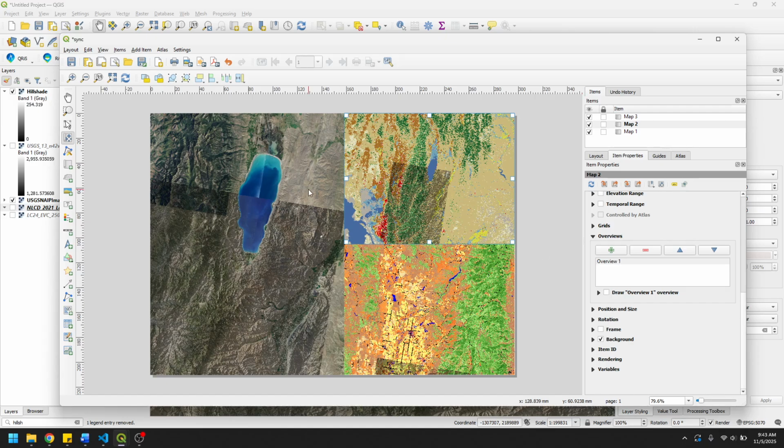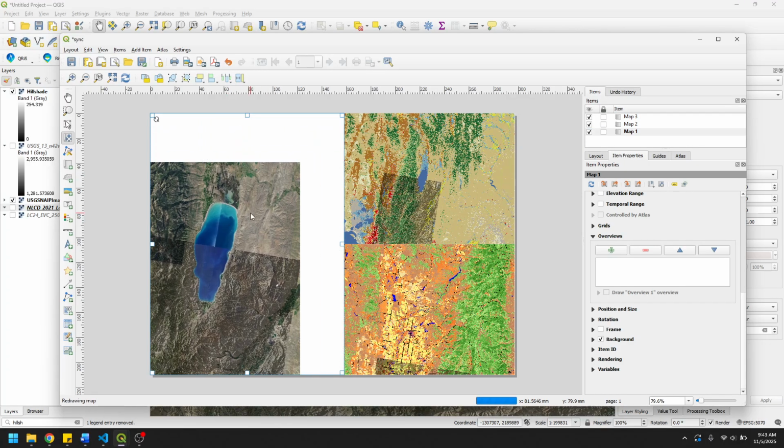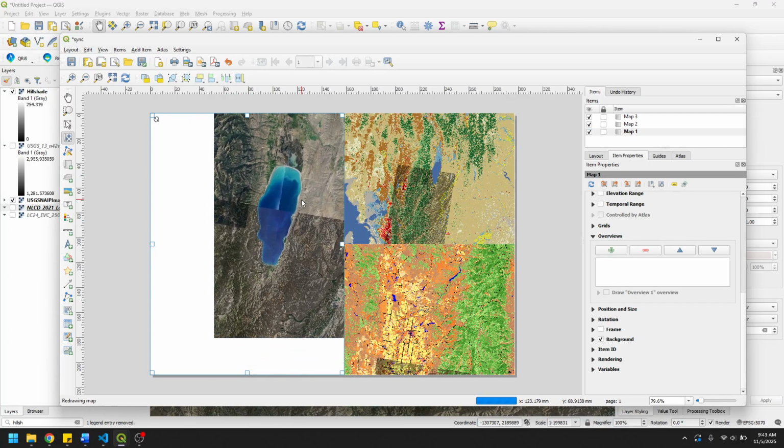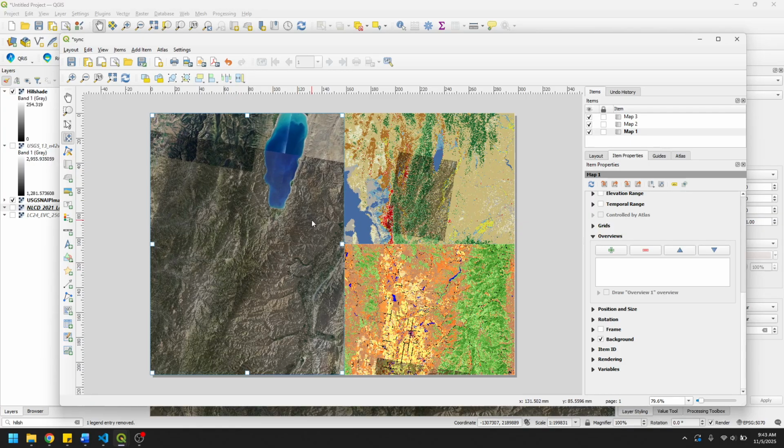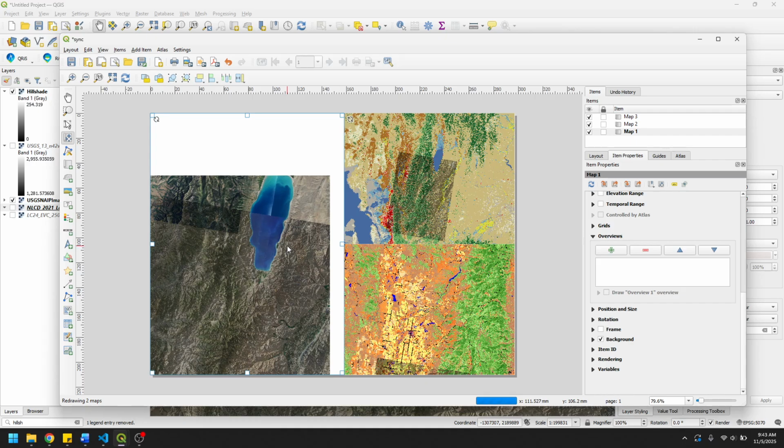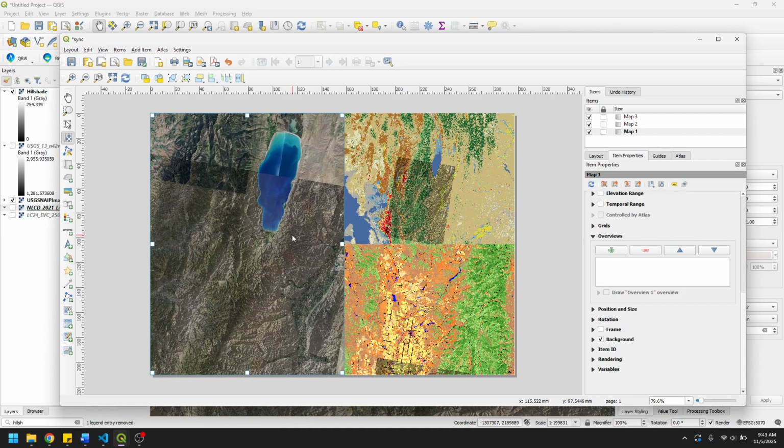Okay. So now, watch this. So now if I move content, I go to map 1, and I move this, you can see that we have this other map moving with us. So it successfully made it so that it moves, but it's not at the same scale. Okay, it's not totally accurate. So the way we can do this